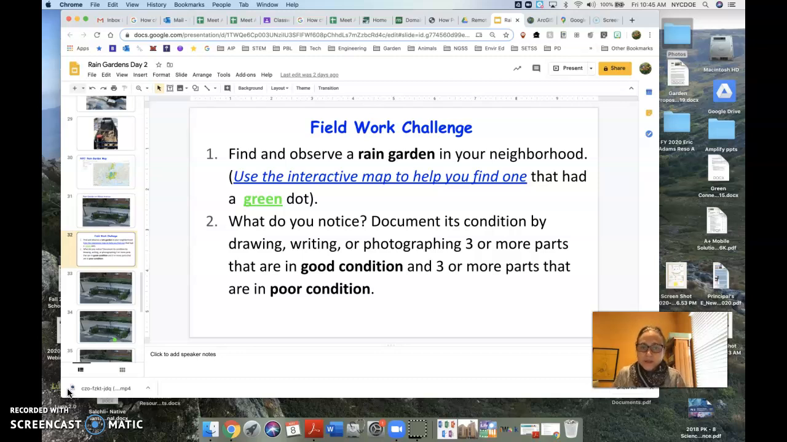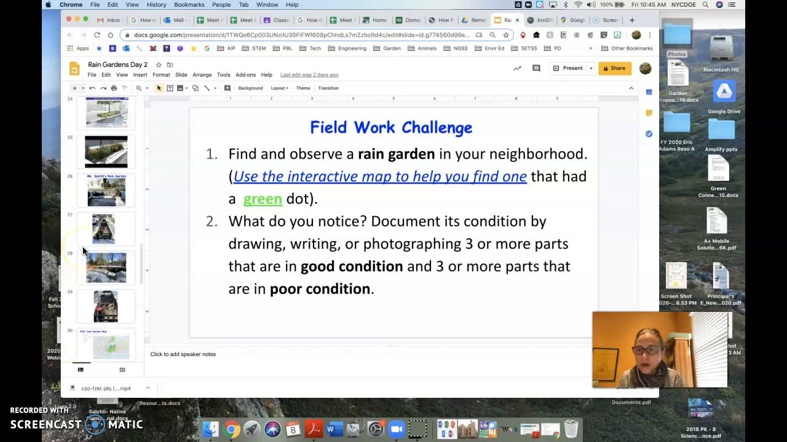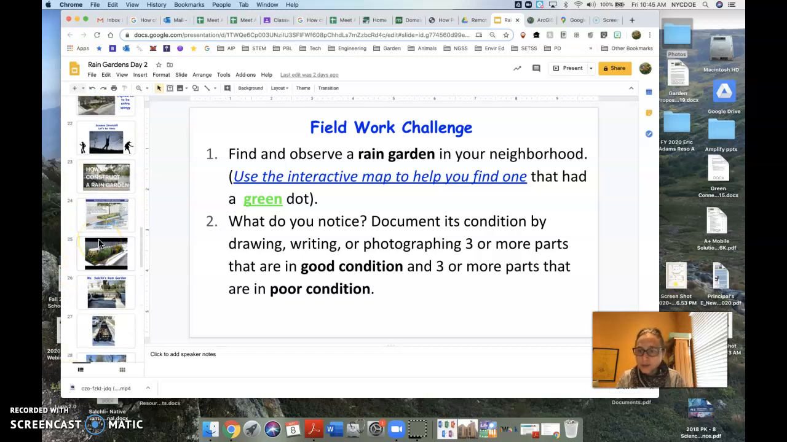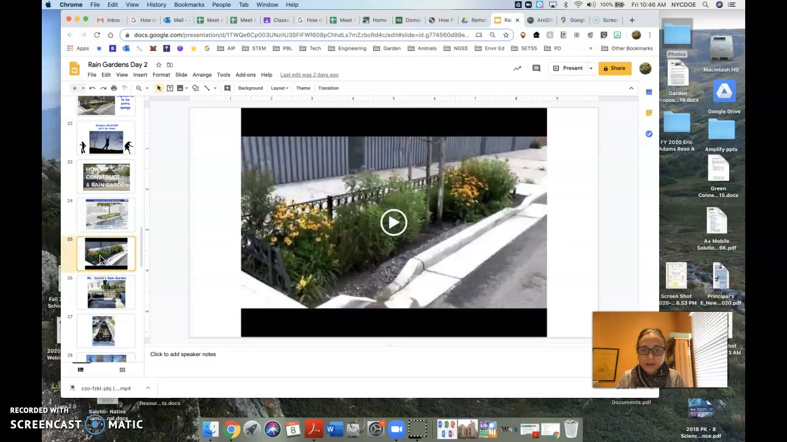What do you notice? Document its condition by drawing, writing, or photographing three or more parts that are in good condition and three or more parts that are in poor condition. So you're looking to see how this rain garden is now that it's been built, how it's being taken care of. To remind you, a rain garden, this is an example of a rain garden right here